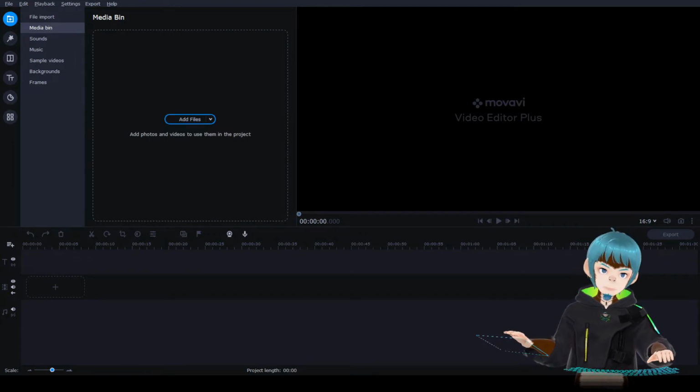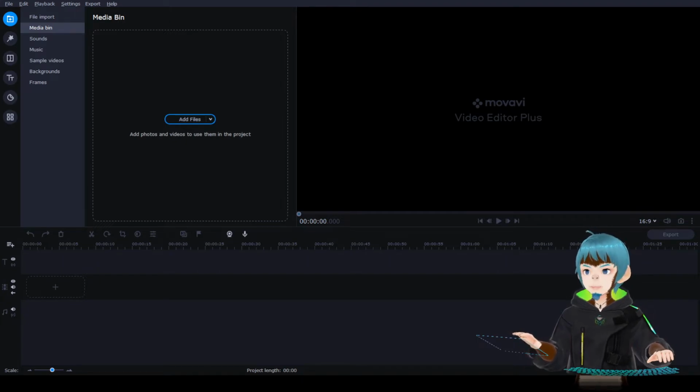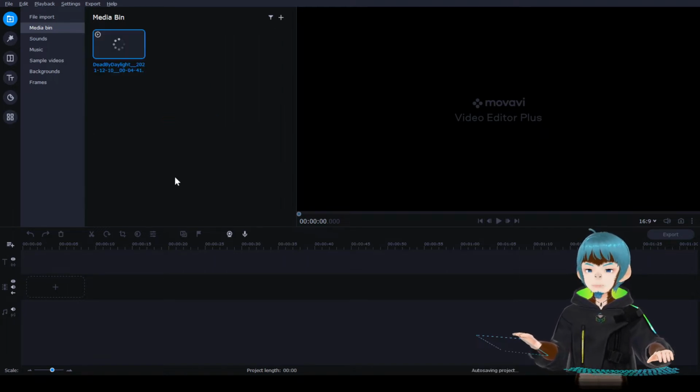Your version may be slightly different depending on what version you have, but to get everything set up, firstly we need to use this section here, the media bin up here, to add your clips. You can either click to add files and then pick them from the browser that opens, or you can just drag clips in directly from your file viewer. So if I put in a clip from one of my streams that we're going to be using for the